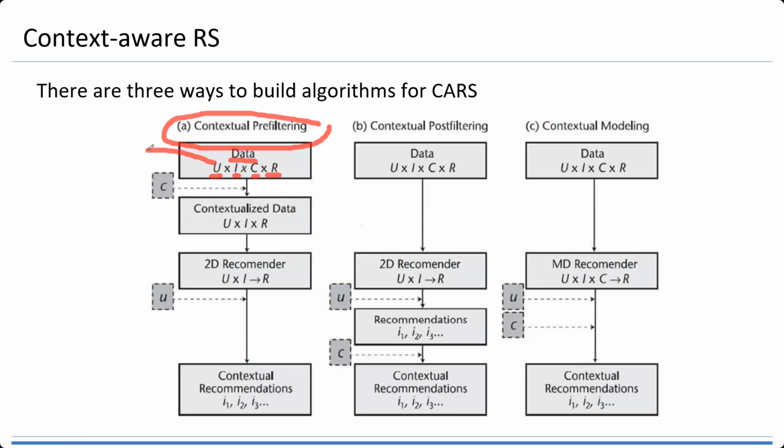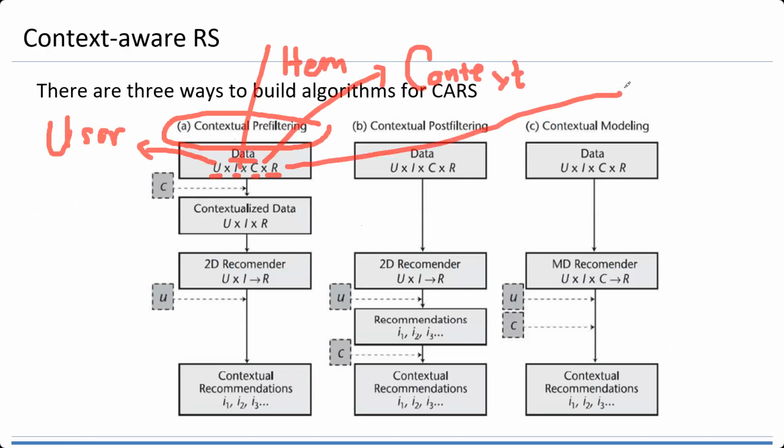So what is U? U is the user. Okay. I is the item. C is the context. And R is the rating. So we have at least those 4 columns, and then we can